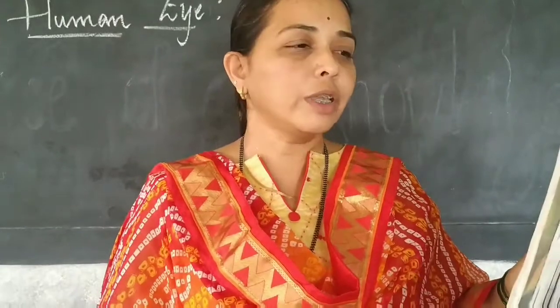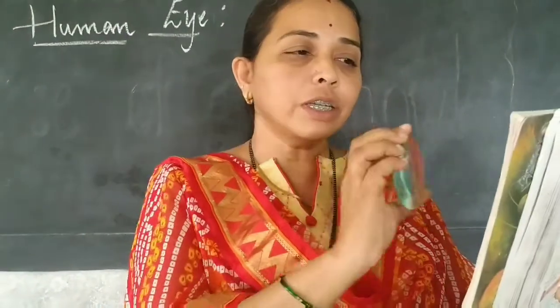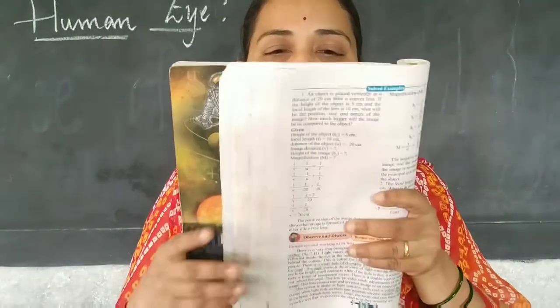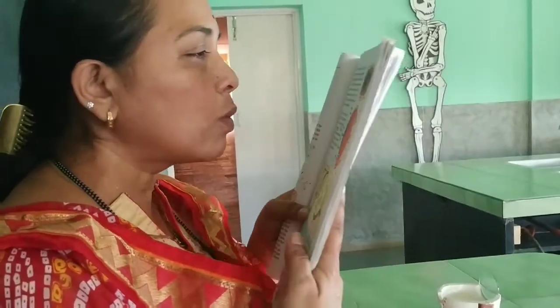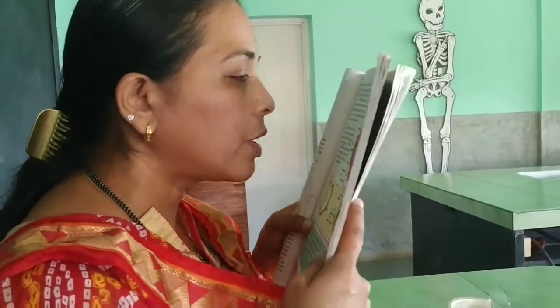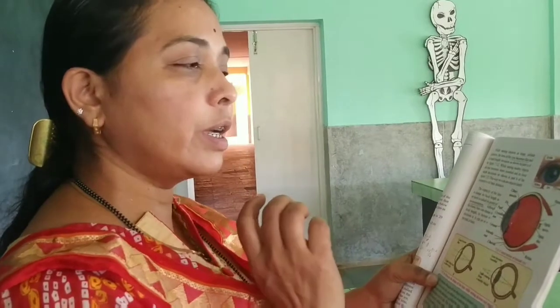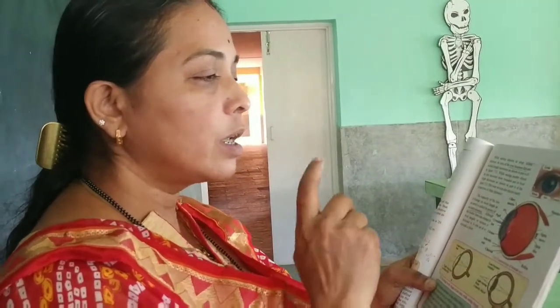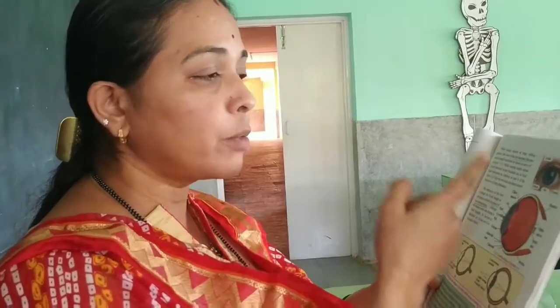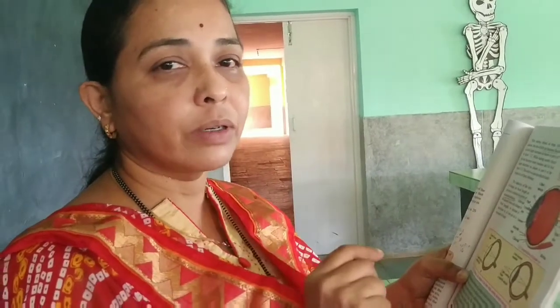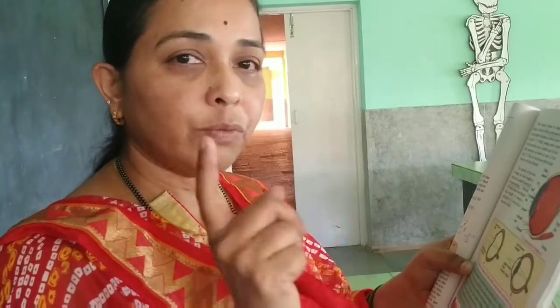Yes, one more thing. Our eye has a distinct vision. Today you try it: take your book very close, and then take it a little farther and stop at a point where you can see very clearly. Measure that distance. If you don't use spectacles and if your eyes are normal, this distance from your eye is 25 centimeters. If your eyes are not normal, that distance will change. So the distinct vision for the normal eye is 25 centimeters.